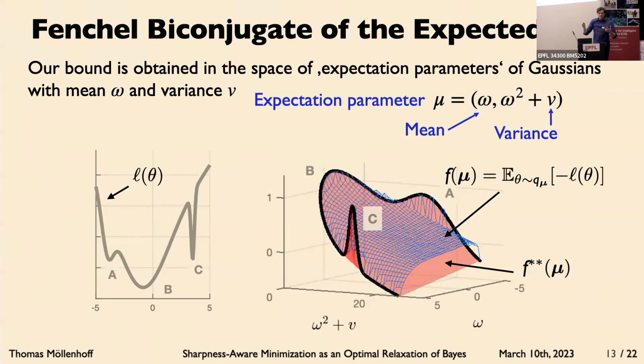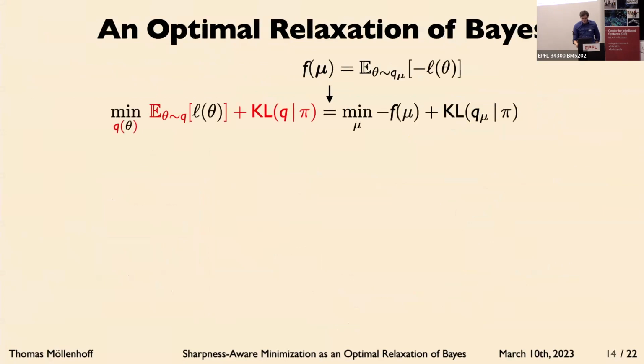So we can prescribe any non-convex function to this boundary of the set. And the convexification retains all the information of our original non-convex function. So this is a very specific construction, and this parameterization is important. And only by taking the conjugate in this parameterization, we can obtain the SAM loss, as we will see now.